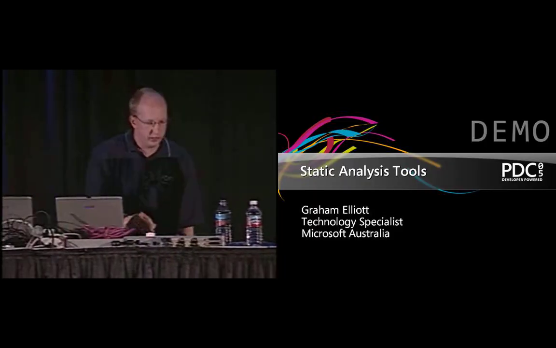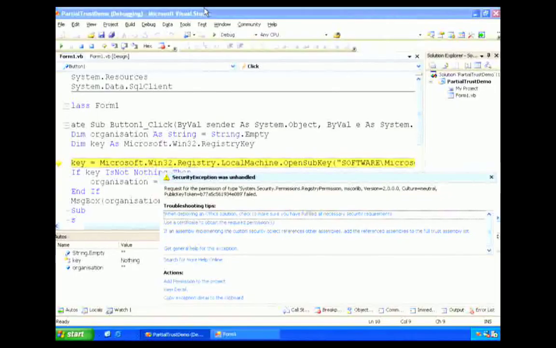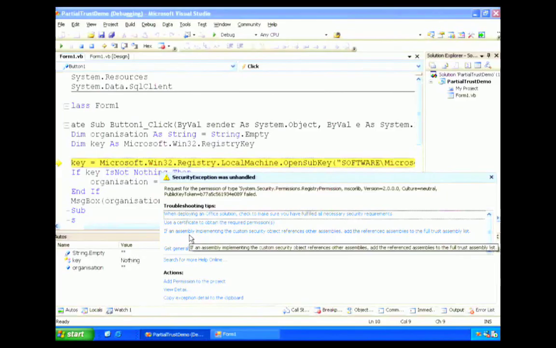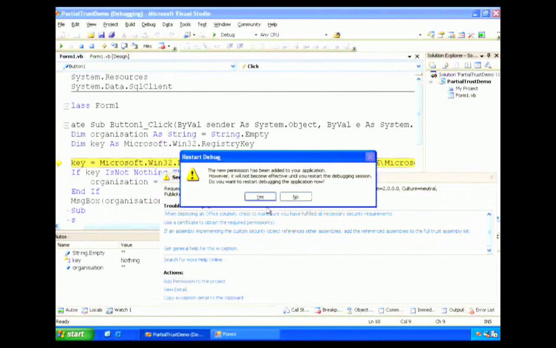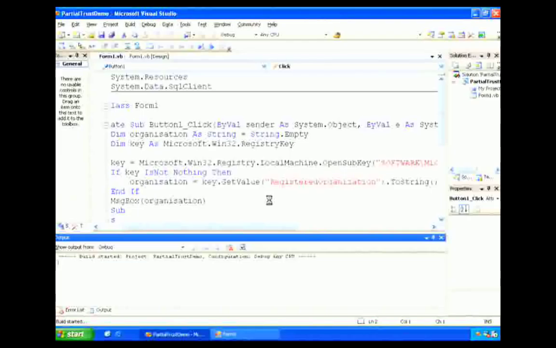What I quickly want to show you now is some of these new static analysis tools, and I've just rerun the demo. And you can see I finally got my security exception, where I've hit the key. So I've basically run this in my sandbox now, and I've got this security exception. What I get is this great new dialog in Visual Studio 2005. One of the options it gives me, and not one I'd recommend you actually use, is this add permission to the project. If I add the permission to my project, tell it to restart the debugger,